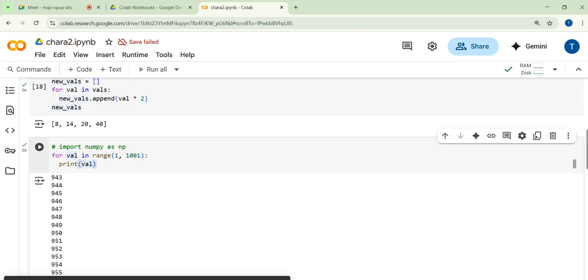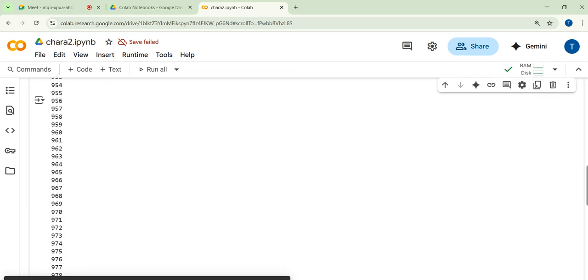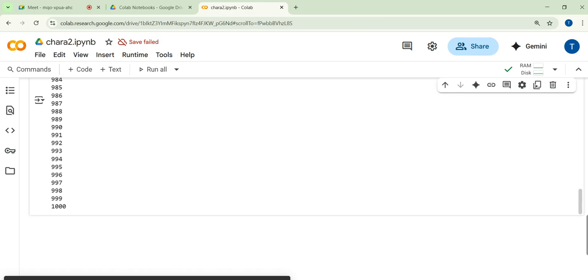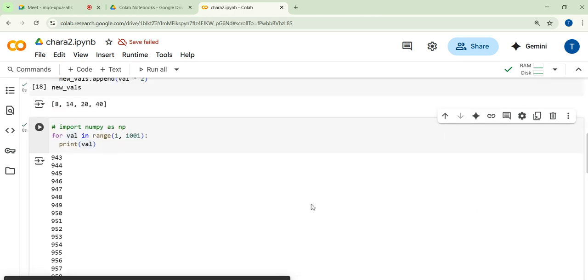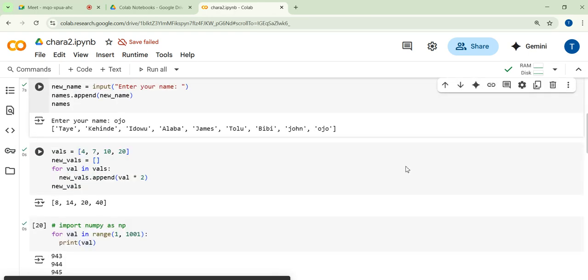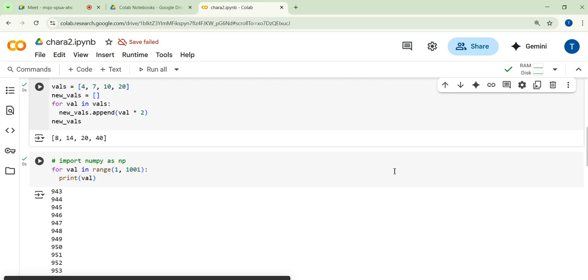So you can see when you scroll down, 1000, right? If you scroll up here, it's only displaying the last set of values, but this starts from 0, 1 to